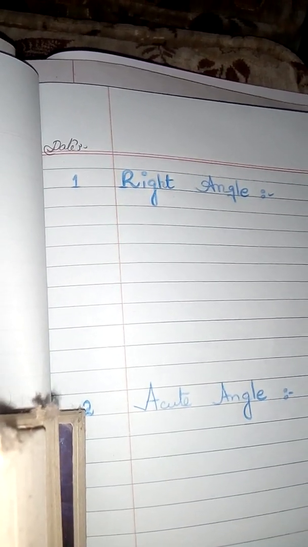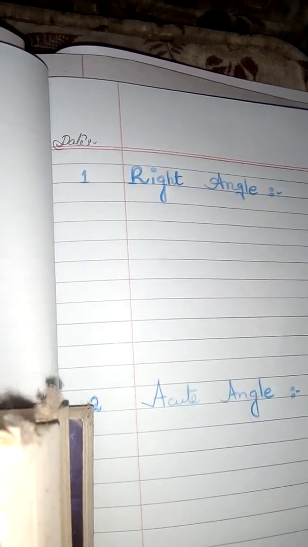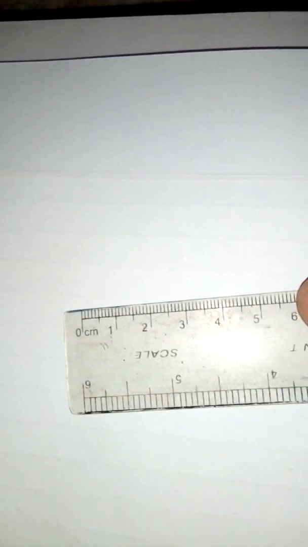I have just given you an idea that the heading will come and then the definition will come on the lines page, and over here you have to draw your angle. Now the point is how you are going to draw the angle. For that, you have to select a sharp pointed pencil as I have taken over here, and then you have to take your centimeter scale.